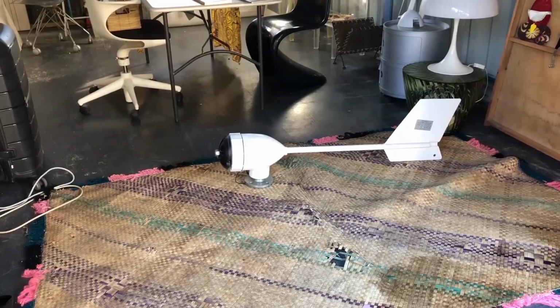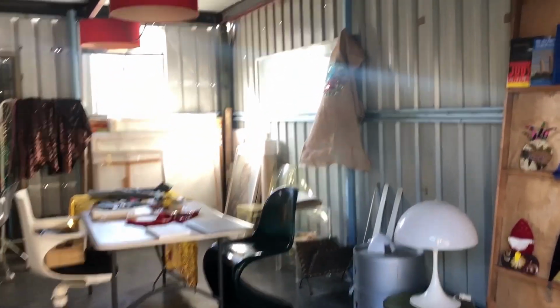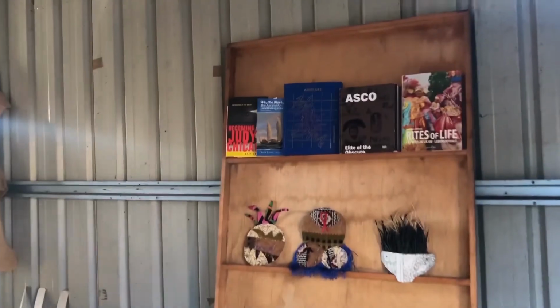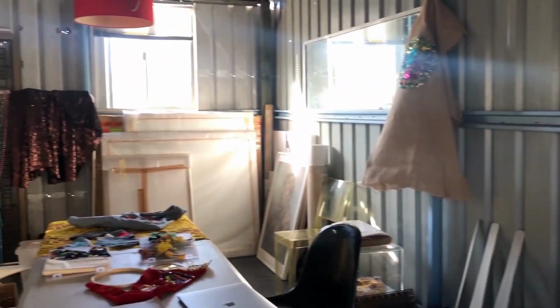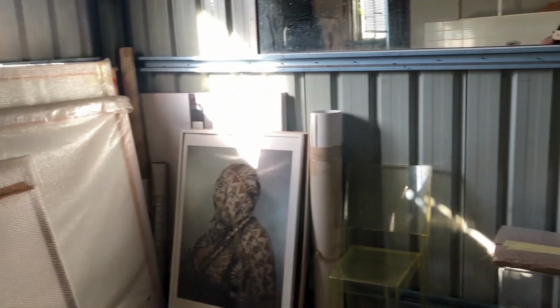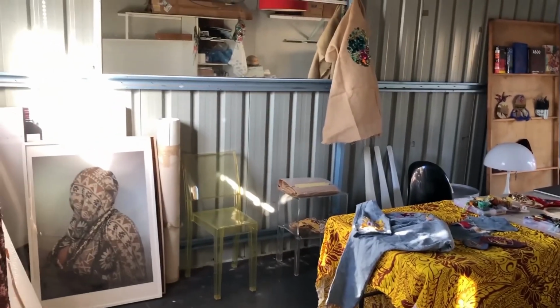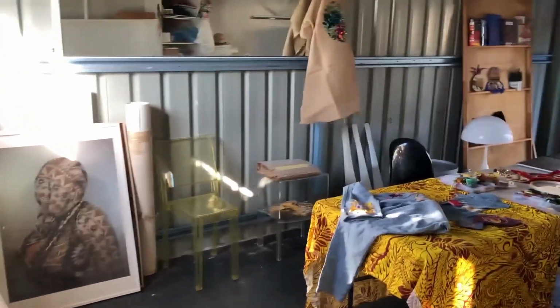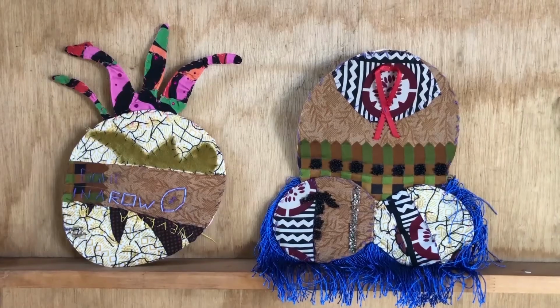I have one half of a double shed, which I use for a lot of storage of 3D collage works that have been in exhibitions, sculpture, basically materials, everything. And I use the studio out here more so for making really large work, and my stitch works have the benefit of being mobile,